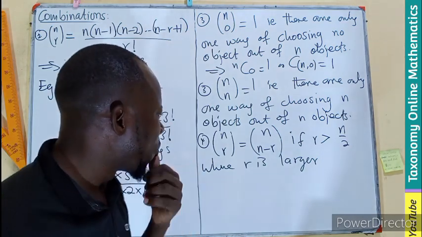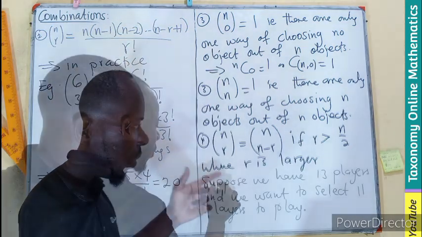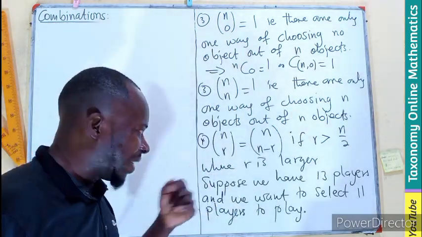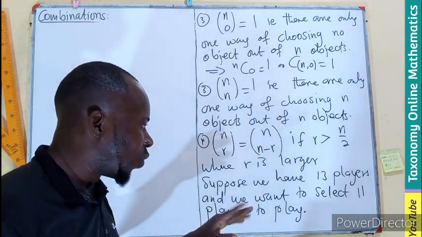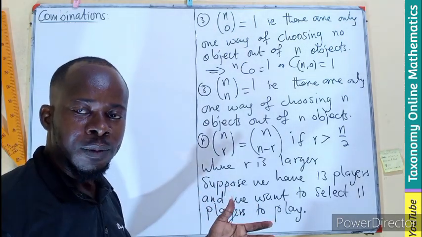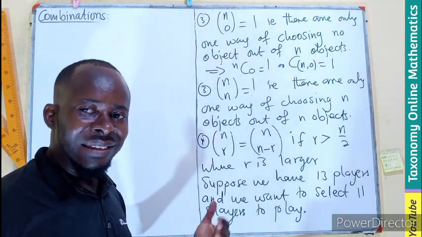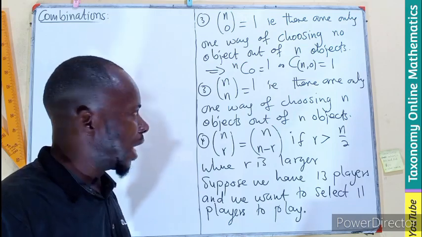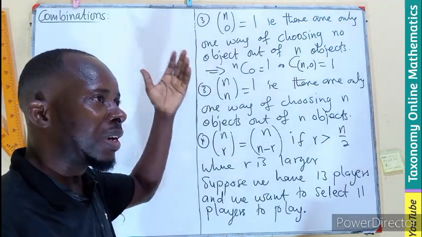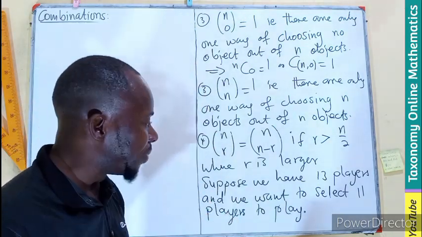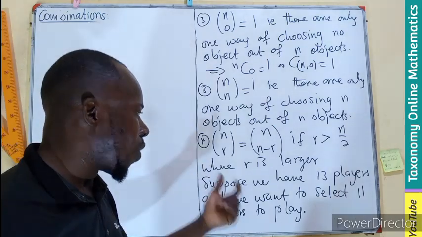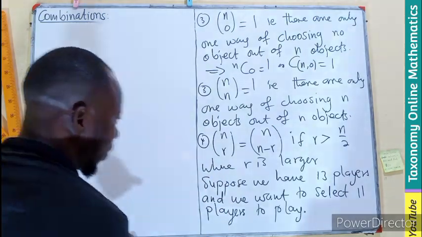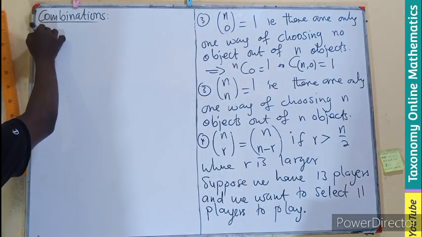Now let's see. Supposing we are having 13 players and we want to select only 11 players to play. So 13 objects, selecting 11 at a time. Now going back to the definition of combination, meaning we have n combination r, 11. What would that mean? By definition,